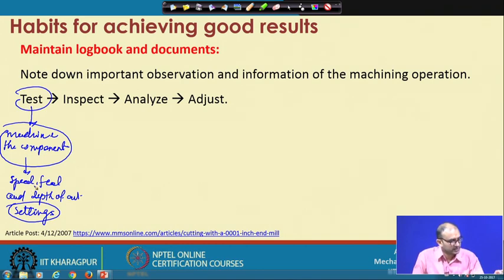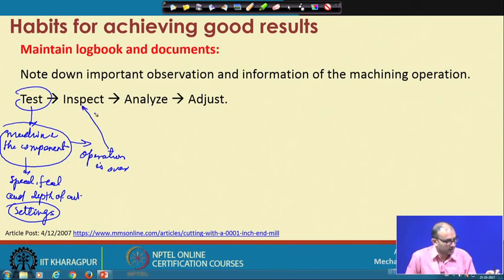Note down those settings and once the operation is over, then you inspect the component. What do you have to inspect? You have to inspect tool and workpiece,